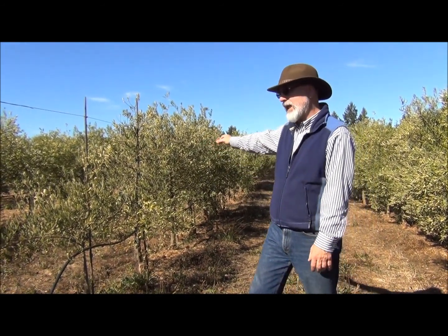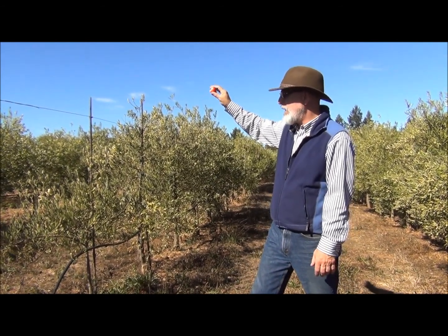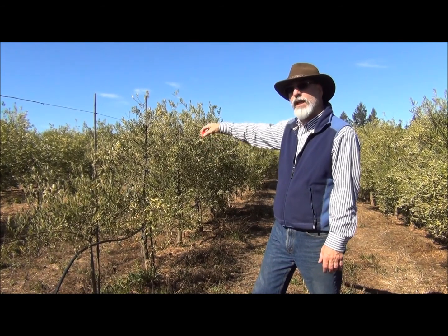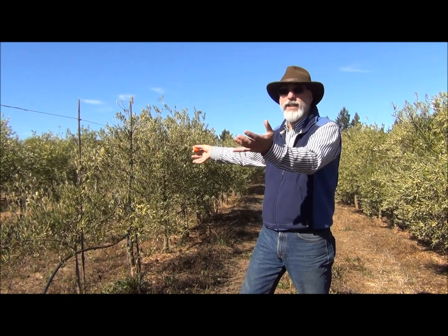So you just got to look at the complexities of all this stuff. What really makes it work? We thought when we planted this that maybe this was a really cool thing to do because it's spaced very close together. You can drive right over the top of it with a grape harvester, and you've got low hand labor. And you're producing a fresh specialty item that could be a supplemental crop, and it can be. Don't get me wrong, I think there's some potential to do this, but